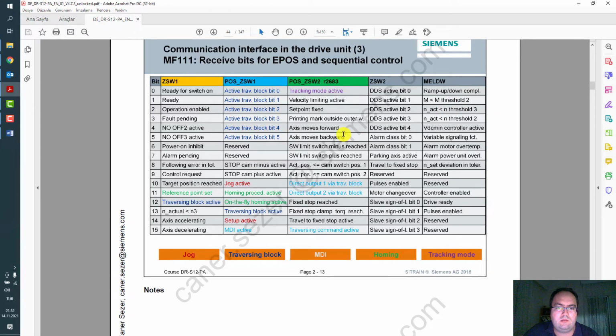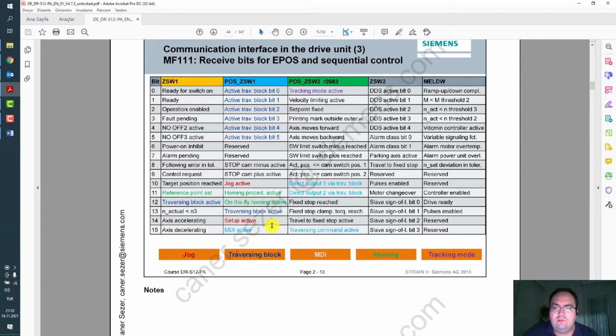So step by step we have to program in PLC like this. Jogging active or not. Homing procedure is started, active or not. And there is some mode information here. MDI mode is active. Setup mode is active.